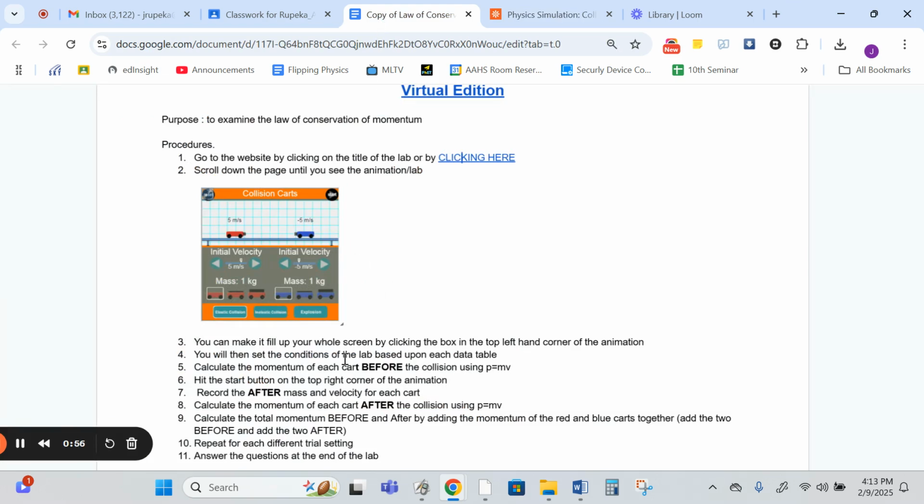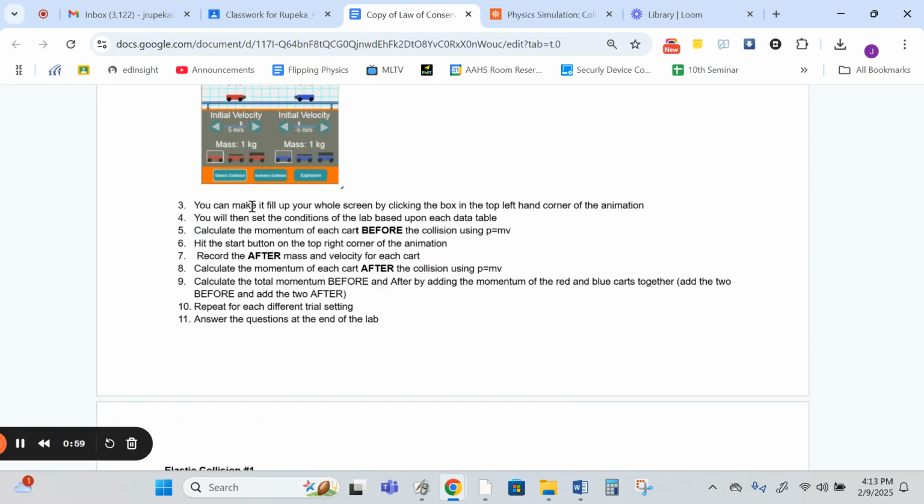If you come over to the lab and read the directions, those are the things that tell you what to do, kids. You're supposed to calculate the momentum of each cart before the collision using the equation p equals mass times velocity. Hit the start button at the top right corner of the animation. Record the after mass and velocity for each cart. Mass should not change, but the velocities will. Calculate the momentum of each cart after, again using p equals mv. Calculate the total momentum before and after by adding the momentum of both carts together,